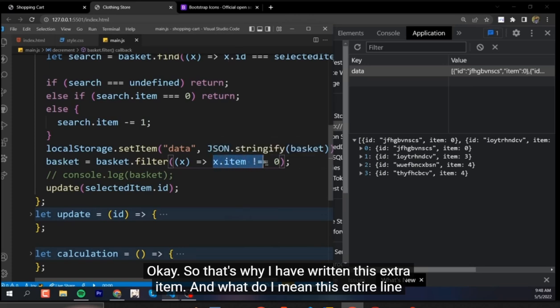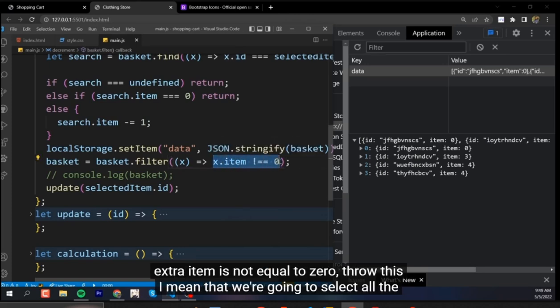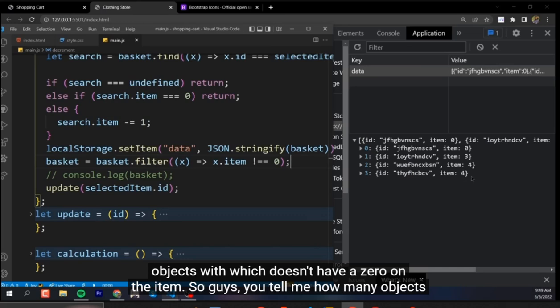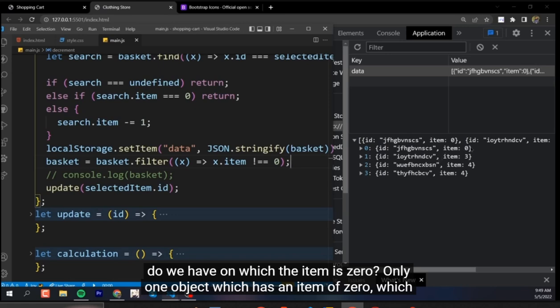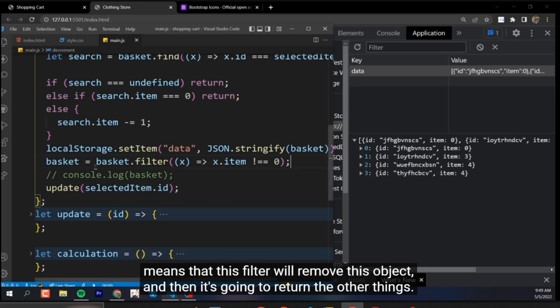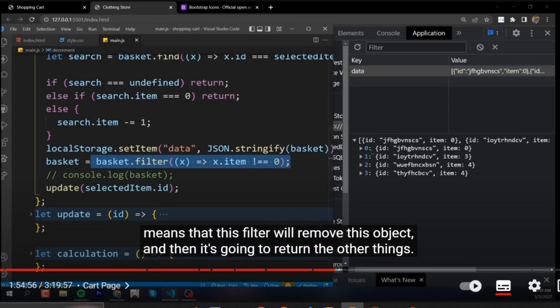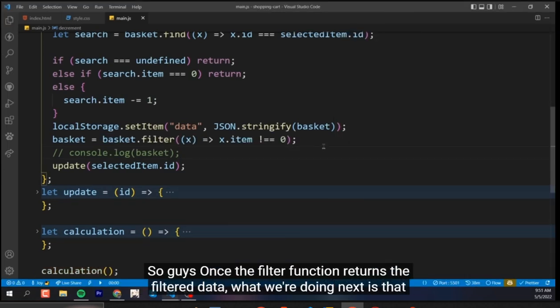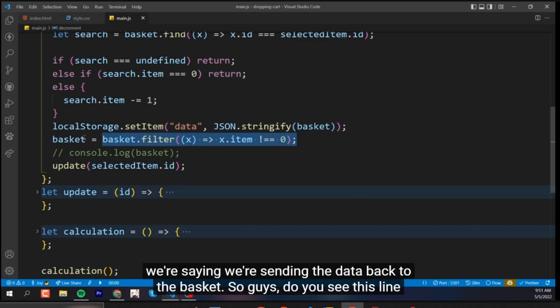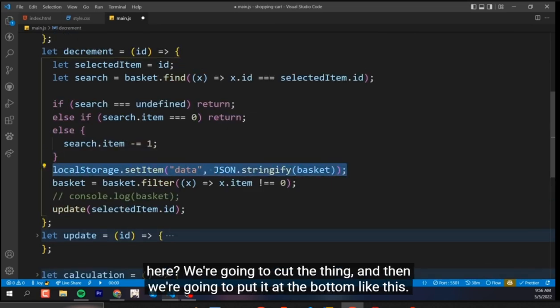And what do I mean by this entire line, x.item is not equal to 0? Through this I mean that we're gonna select all the objects which don't have a 0 on the item. So guys, you tell me, how many objects do we have on which the item is 0? Only one object has an item of 0, which means that this filter will remove this object and then return the other things. So guys, once the filter function returns the filtered data, what we're doing next is setting the data back to the basket. So guys, do you see this line here? We're gonna cut the thing and then we're gonna